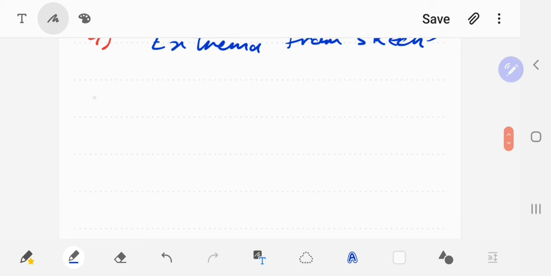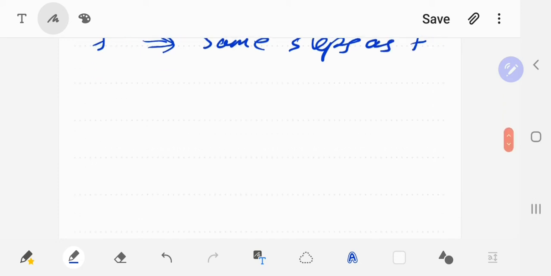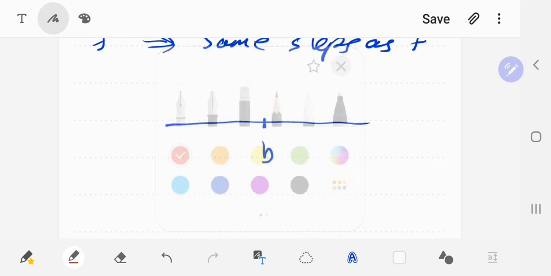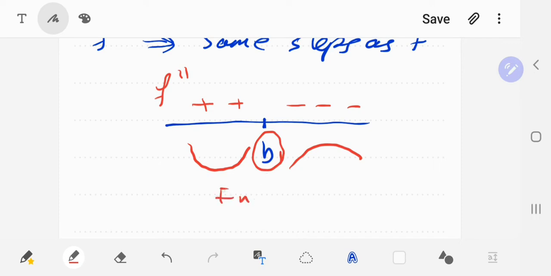After that, you can go through finding f double prime to check for concavity by following the same steps as for f prime. The only difference here will be the sign of f double prime. So let's say that we are having another value, let's say b, as a critical value for f double prime. If you are checking the sign of f double prime, and it gives you positive, this means the function will look like this, will be concave up, and if it gives you negative, then the function will be concave down. And at b, where the function changed concavity, this will be called an inflection